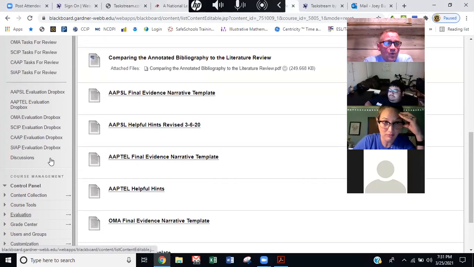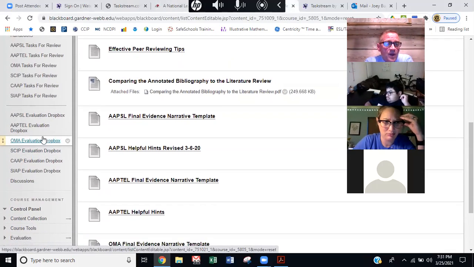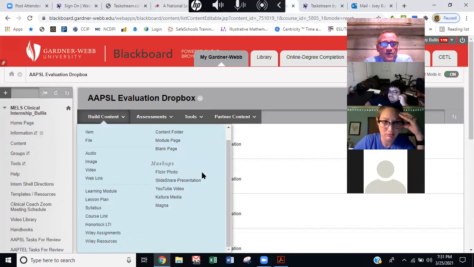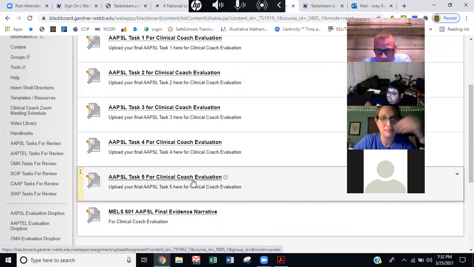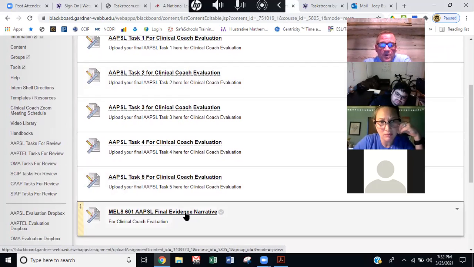All right, so once you complete all the Apsel 1 through 5, and you get a grade for Apsel 1 through 5, then I'm going to tell you that's when you put it all into one document. You take that one document after you got your grade for Apsel Task 5, and then you upload it for the Apsel Final Evidence. That gives me the chance to look at it one more time before it's evaluated. Once I tell you, okay, you got 100 for this, I'll say in the comment section, ready for task stream.